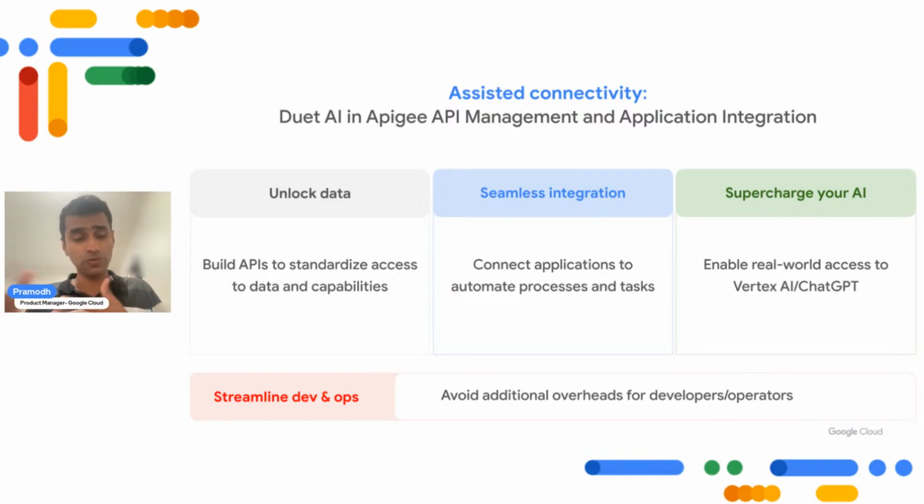The third aspect, which is what you see as supercharge your AI, Duet AI is going to make Gen AI available to every user, be it through your plugins, as ChatGPT plugins or Vertex extensions. It is available so that you could make use of it. We talked about democratization available to various personas. That's what this is going to enable.